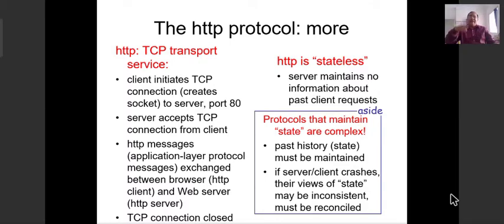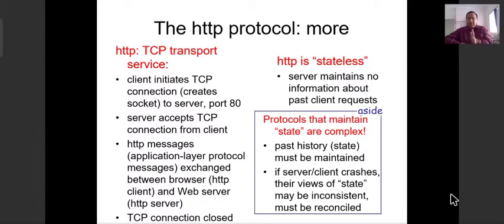Now, the client initiates a TCP connection. Okay. For the time being, let us understand that TCP is responsible for reliable data delivery. So why do I need reliable data delivery for the web? You know it better than me. If you are asking for the home page of Google, you will like the full home page to come, right? Otherwise, you get a Google home page without the search bar. Will you like that to happen? Not actually. So you want the whole home page to be displayed on your terminal.